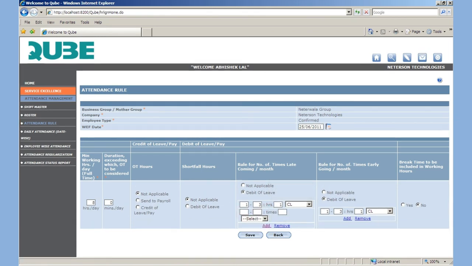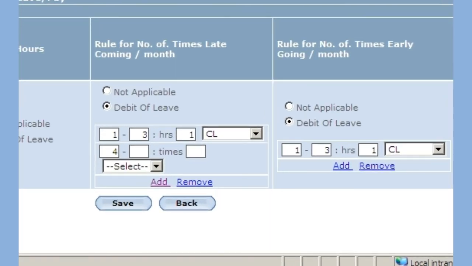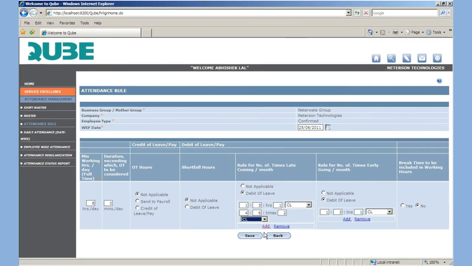Now if you have a late coming policy, say 1 to 3 times, then you can define the number of days of leave and which type of leave to be deducted. That means when an employee comes late more than 3 times or less than 6 times, 2 casual